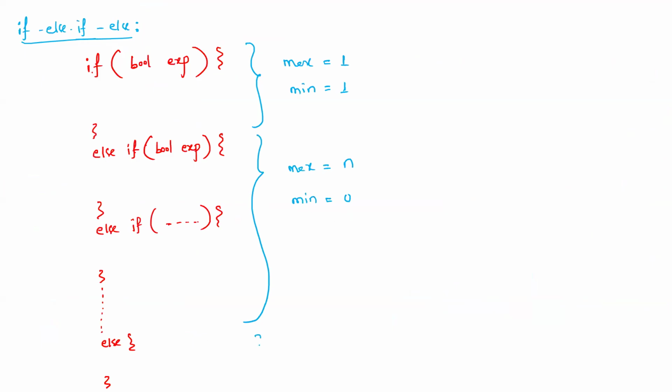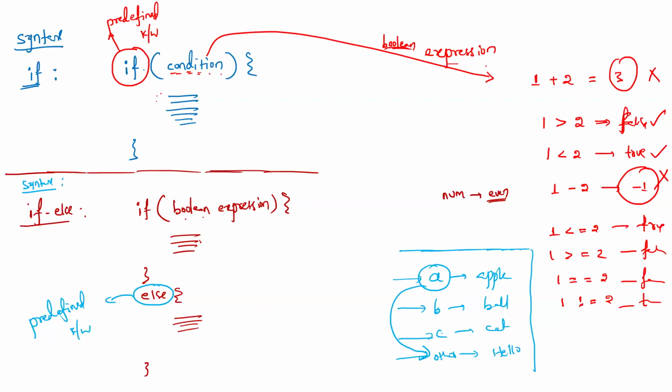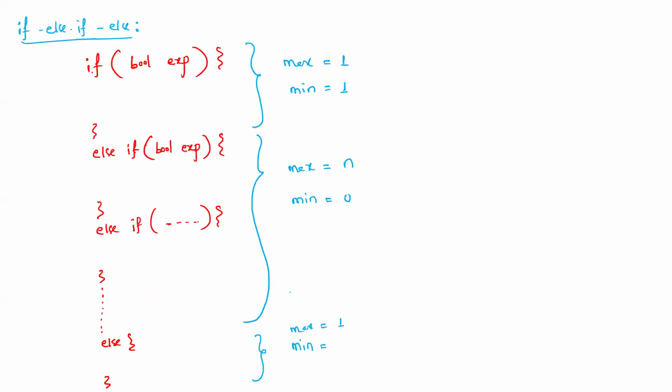Then when it comes to else block, minimum how many times? Maximum how many times? Can you write else followed by else once again? Maximum is one only. Minimum also one only. Then where is else here? In the first part. Correct or not? So if alternate is required, then only we'll go for it. If not, we can make that as zero also. That's why maximum number of else blocks for one series of if else conditions is one. Minimum is zero. So these are the things to be understood.